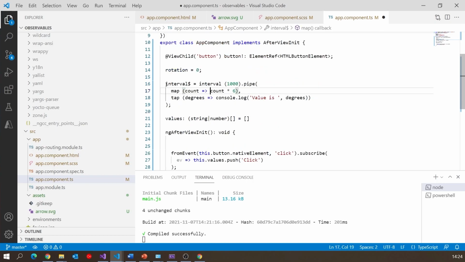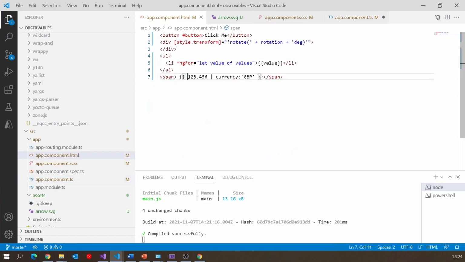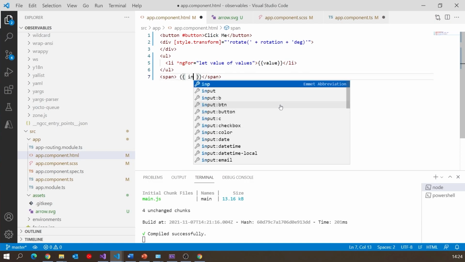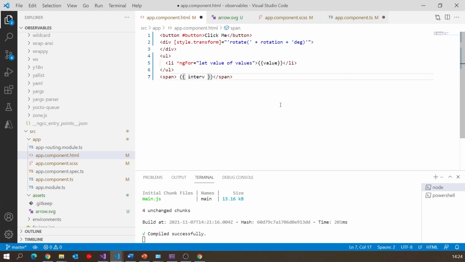Now if we were to just take that interval and go to our component and maybe just in here put interval $, then when we save that and look at the results, it's not going to be very pretty, because all it does is try to display this observable, which is a complex object, so all it can do is display it as an object.